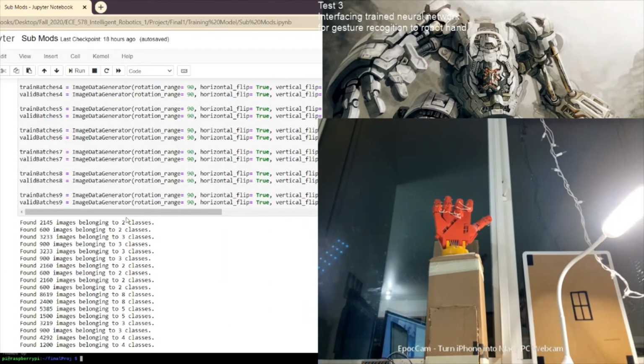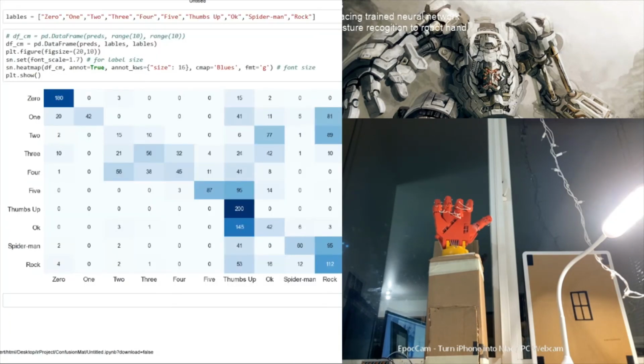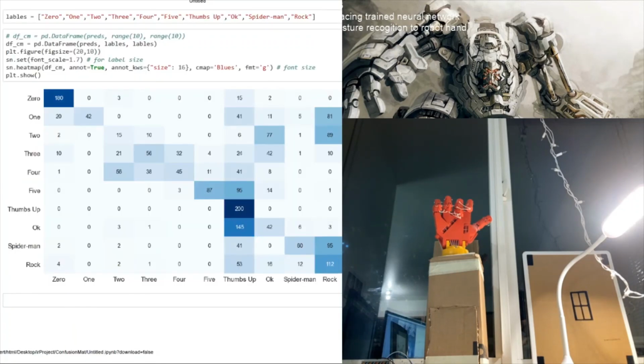Once these train batches and valid batches are set, we create 10 new neural net models according to the different outputs required. The 0 will require only 2, since it is predicting only a few of them wrong. Let's say 0 is predicting 1 and 0 wrong. So the 0 neural net model will be trained with 0 and 1 images. One was predicting pretty much fine; it wasn't predicting anything wrong, and it was not predicting itself correctly either. So we do not train for one.